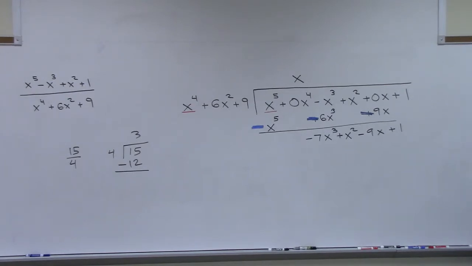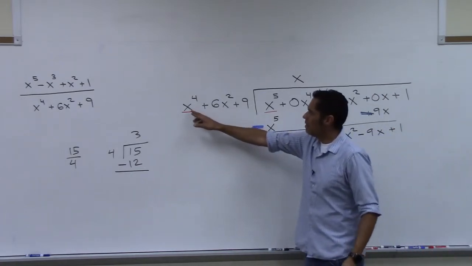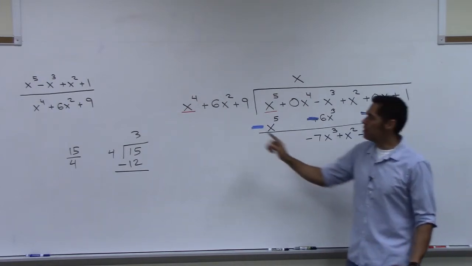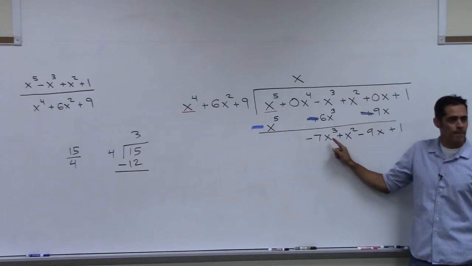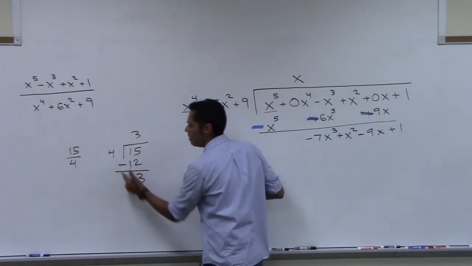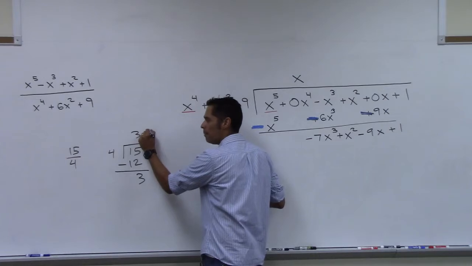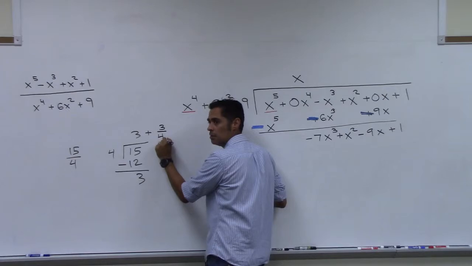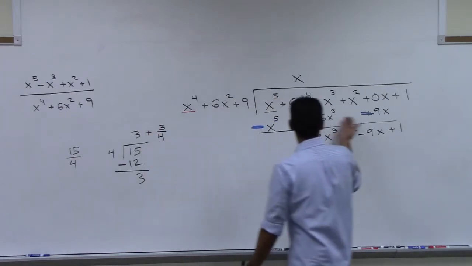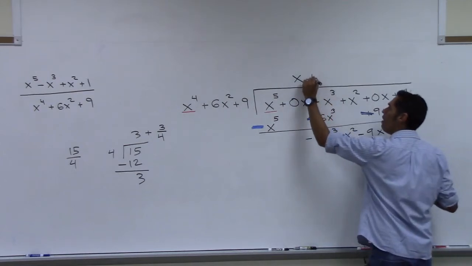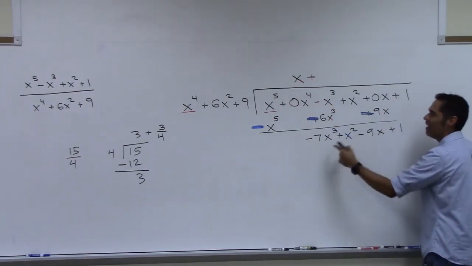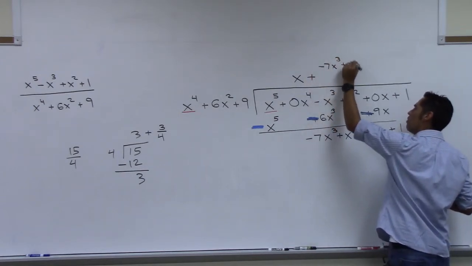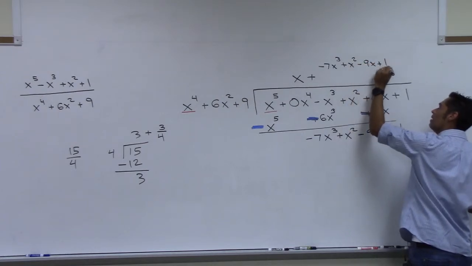Now we do it again. What do we have to multiply x to the 4th by to get negative 7x cubed? Well, we stop at this point because the power out here is bigger than the power here, isn't it? So that's kind of like me going, all right, 3, and then 4 doesn't go in there, so I put plus the remainder over the divisor. That's what I'm supposed to do here. So I need to do that here. I'm going to put plus the remainder. Yes, this is your remainder. Negative 7x cubed plus x squared minus 9x plus 1 over,